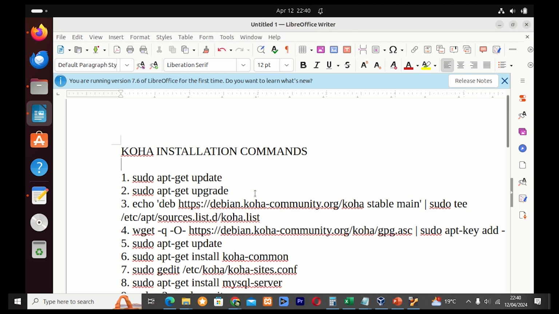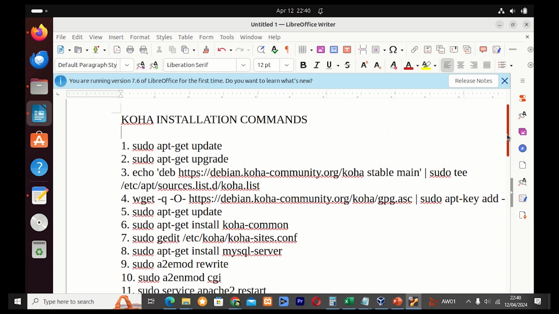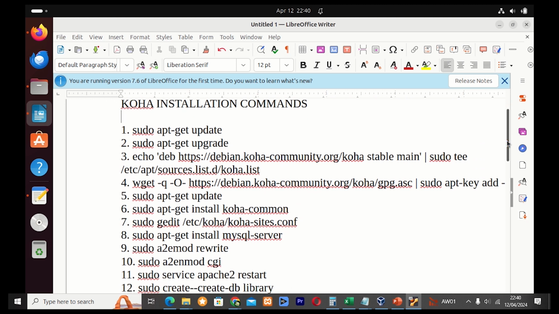Today we are going to learn how to install Koha in our Ubuntu 23.10.01, and these are the commands that we're going to use. The first command is to update. We need to update the system. The second one, we need to upgrade the system. For that command, we need to install the